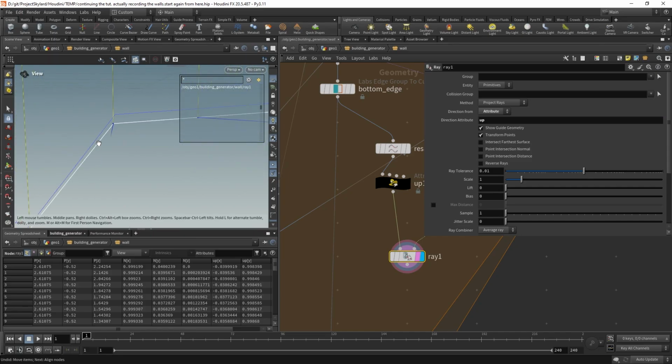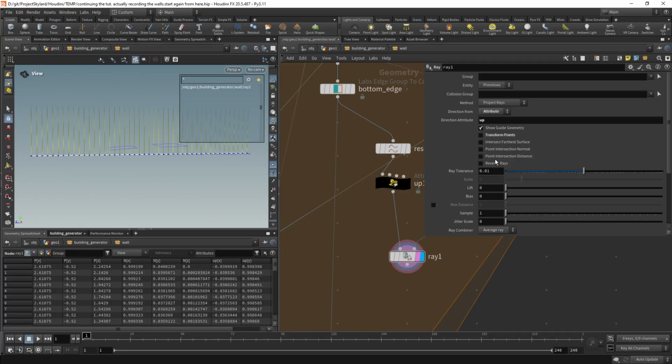However, you can see that not the whole bottom edge of the window is covered by this change. We would ideally also want this point to be moved up a little, and generally it doesn't really make sense for this entire bottom edge to remain flat and then only jump up just below the window. So instead of actually transforming our points here with the ray node, let's turn that off and enable point intersection distance. This will write to the @dist attribute, which we can transfer back to our points and then move those